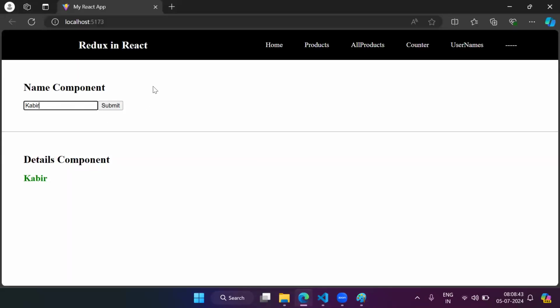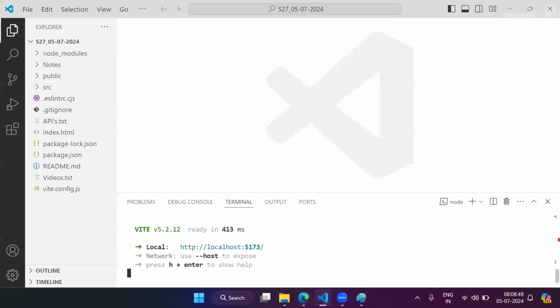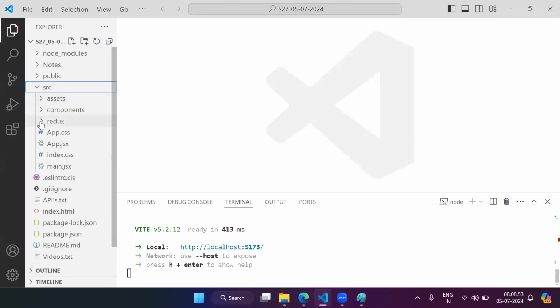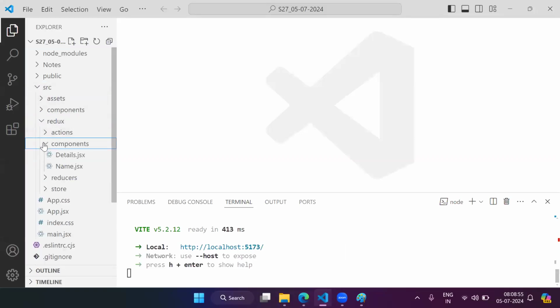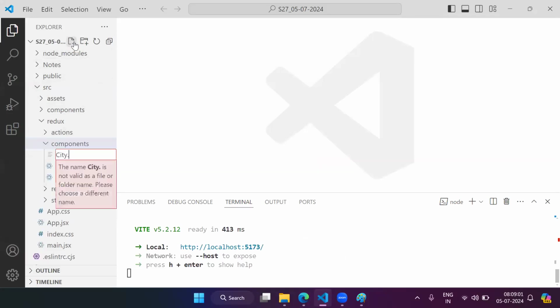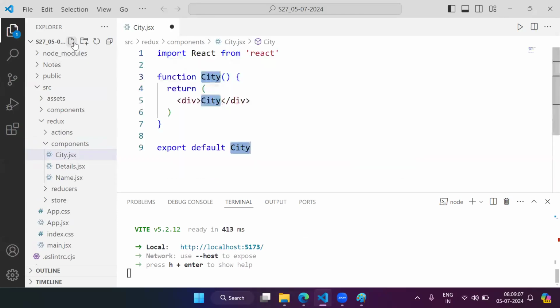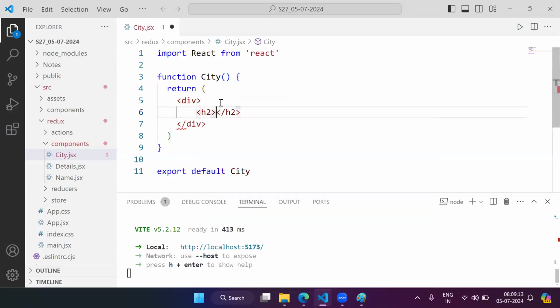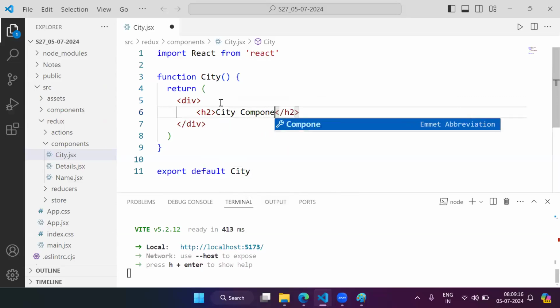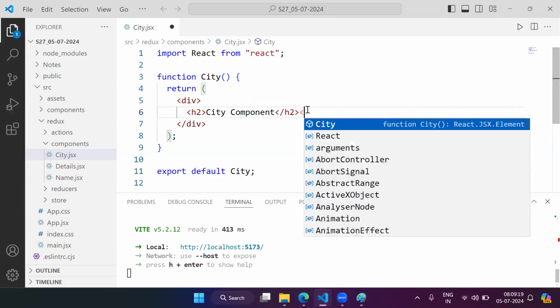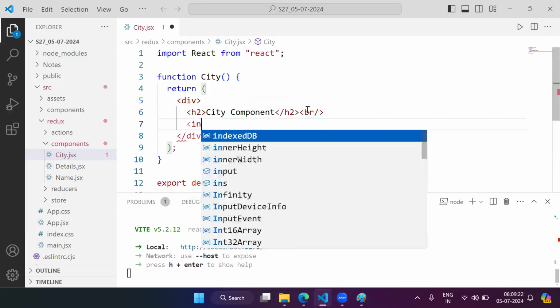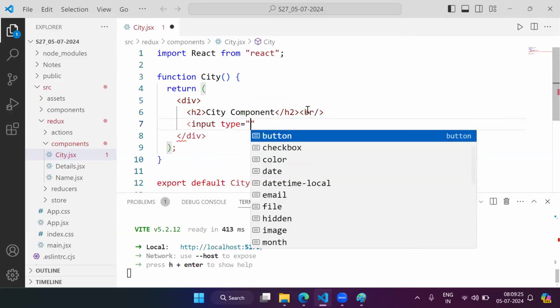So now what I want to do is have one more component called city component. Let's try to create that city component. Inside the src, under Redux, under components, here I will create one file city.jsx. Now let me create a component. It's a city component, so let me add h2 and simply say city component. After this h2, I just want one input type equals to text,